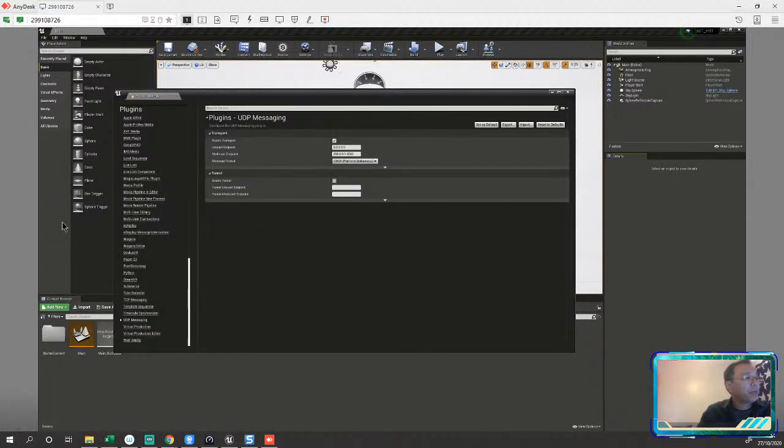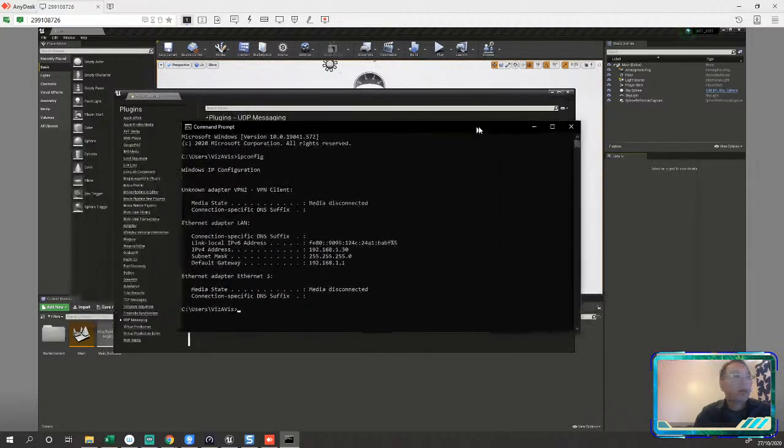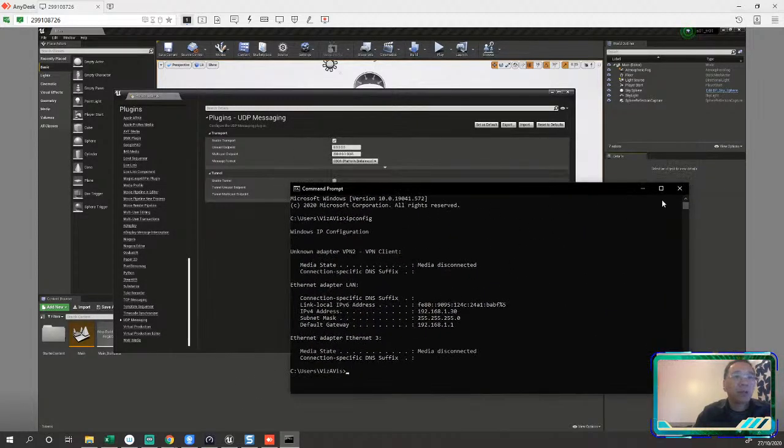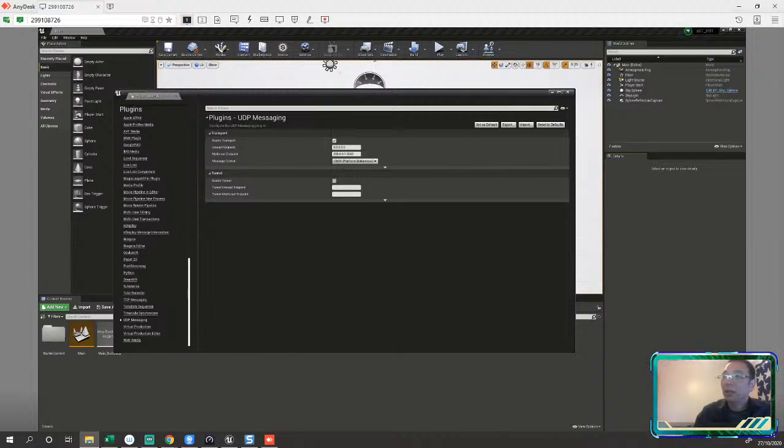key and type in CMD for my command prompt. And we'll bring this guy over here. Actually, I think I'll do ipconfig. I'll do it over here. So the VPN's disconnected at the moment. I think I'll just grab the local IP address here. That's kind of cool. It's the router's masking the actual IP address. So we're going to use that address there, which is the 192.168 address, and we're going to punch it in here,